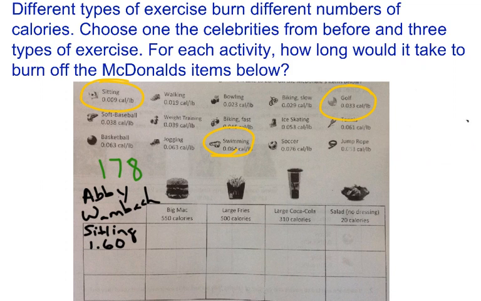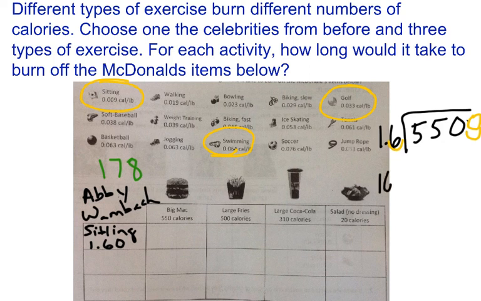So now I need to say to myself, if this person eats a Big Mac, how long would you just sit there to burn it off? So I have a Big Mac is 550 calories, and sitting around burns off 1 6/10. I'm dividing. I want to move the decimal once. I'd have no decimal here, so I start at the end and add a 0 if there's nothing there. And now I can divide